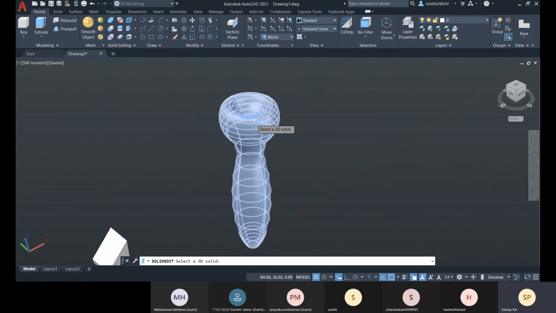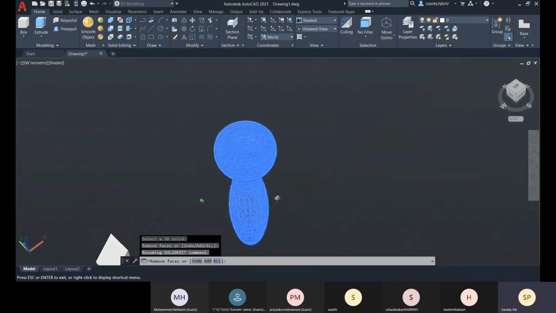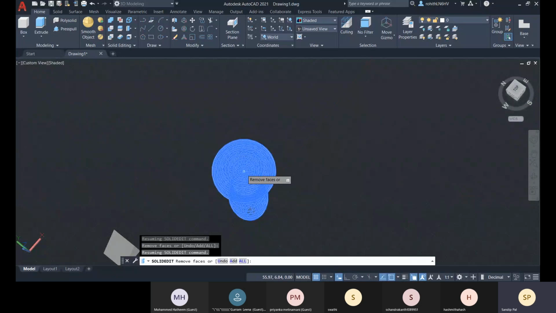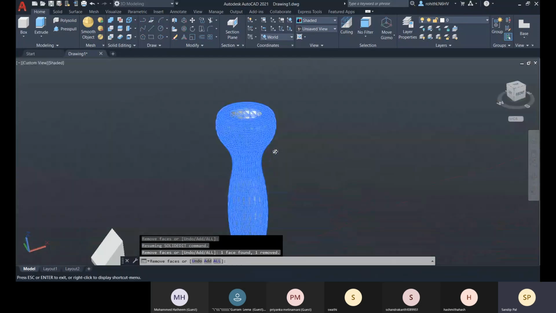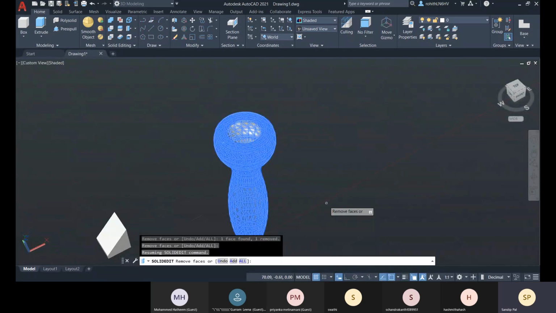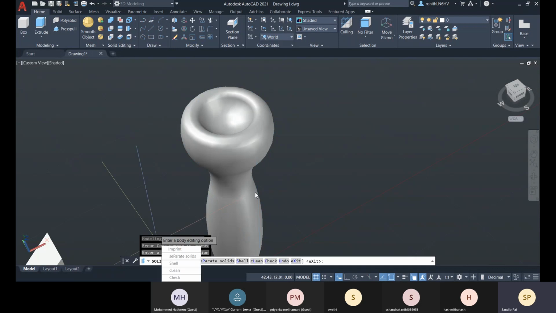Select this, and then which face you want to remove, go for this face, and then you press enter, and then you will be giving a shell offset value. So for the shell offset value, let me give 10 and press enter.